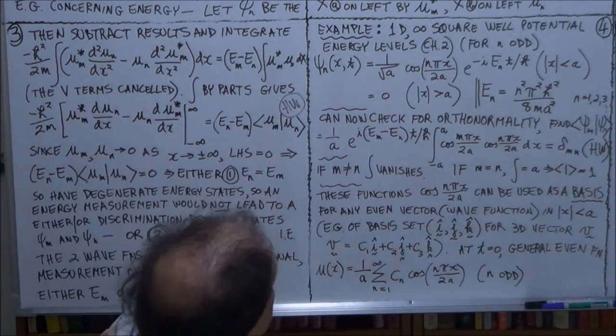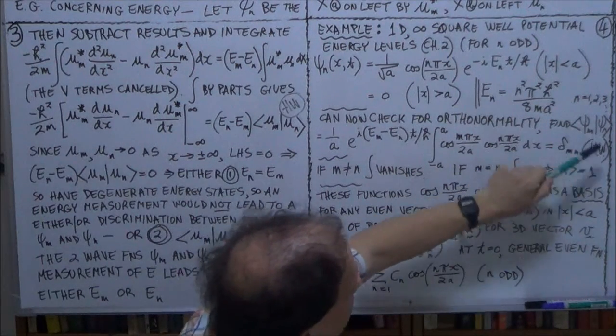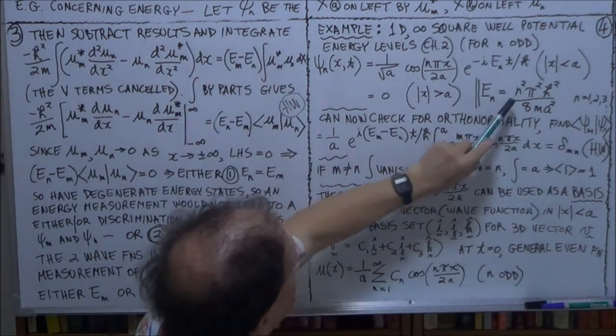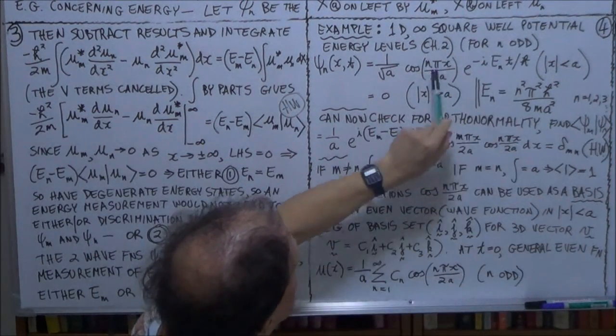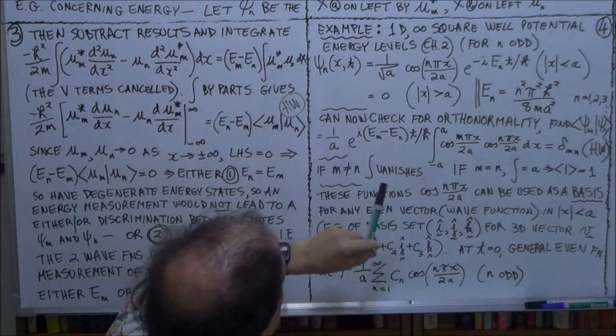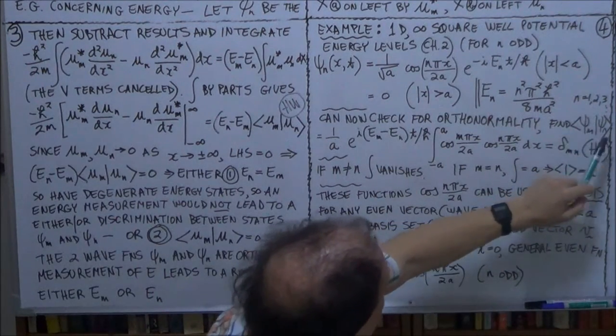So let's calculate the bracket for psi m and psi n. So for psi m, we'll have this will be m and this will be m. Okay. So now the bracket. Remember, you can